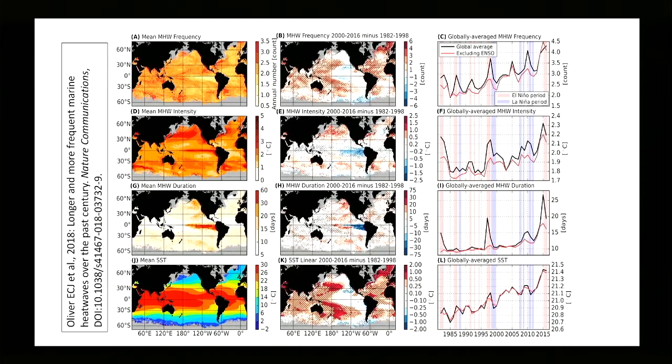Okay, so you can see the count, global average frequency and so on, intensity and number of days. And superimposed on that, you can see individual El Nino events, which are included here as the red ones and the blue ones. So we can see the trends globally. They're increasing over time from maybe around 2 to 3 or 4. But you can see that on particular ENSO events, El Nino, La Nina events, there are peaks. So they're actually tied to modes of variability, in particular ENSO here. So there's a connection there, and maybe we can use that ENSO knowledge as a driver of understanding of potential marine heat wave events.